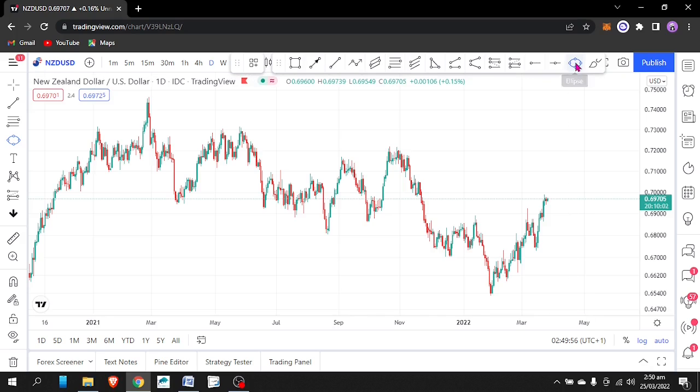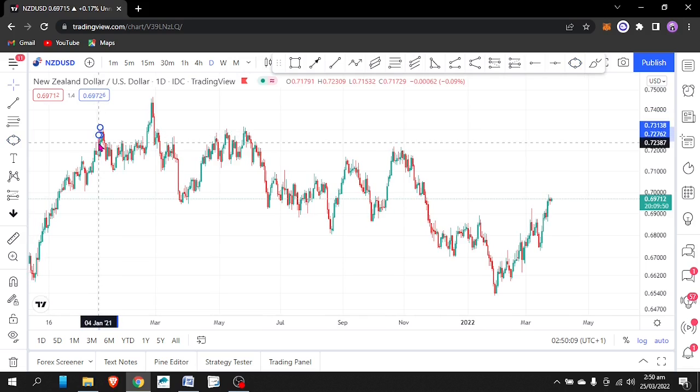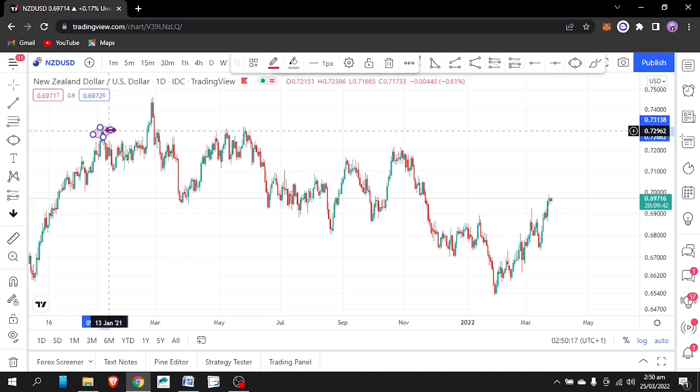Now, if I use this ellipse and mark zones that I've noticed that price reversed, let's say twice,